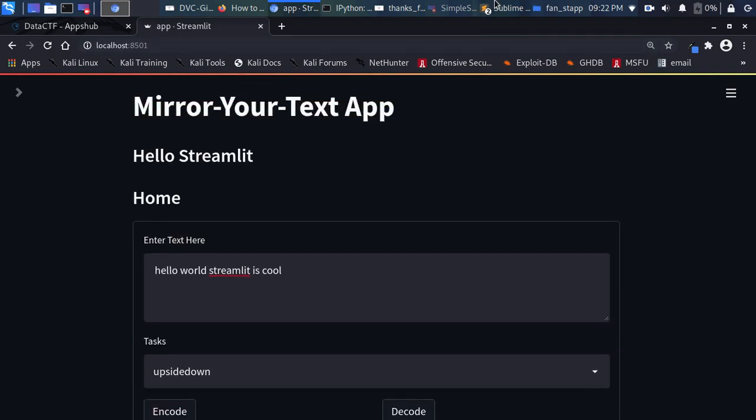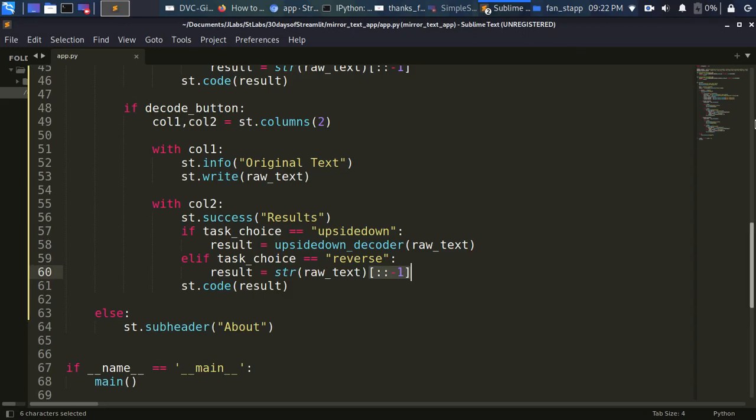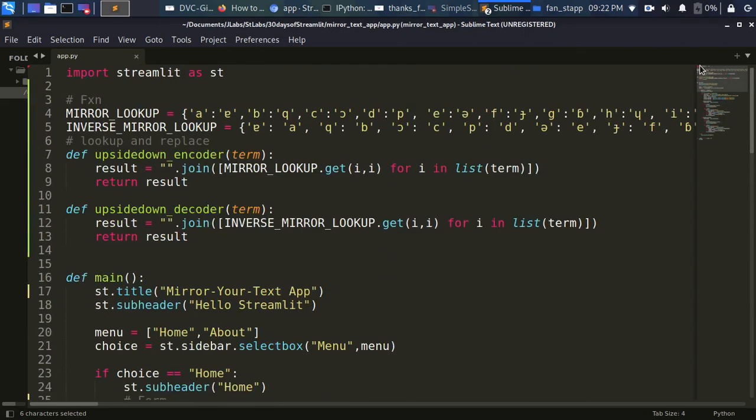So to recap, we built a very simple app using a concept that was shown to us, an idea I got from Data Professor about upside down text, right? And I found out the means of building something similar in Streamlit. So we have the mirror lookup. We have the inverse lookup. That is the basic understanding behind it. We have a dictionary of every character and their mirror character, right? We did the same thing for the inverse mirror lookup,